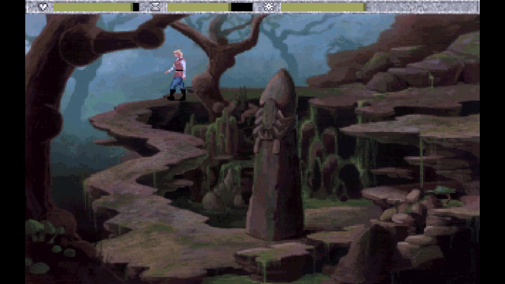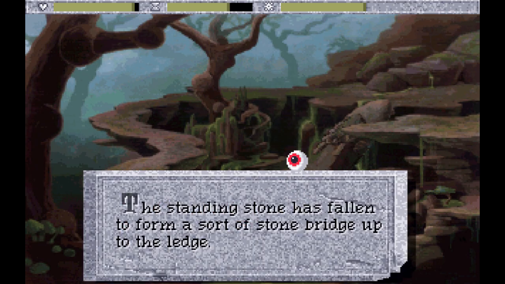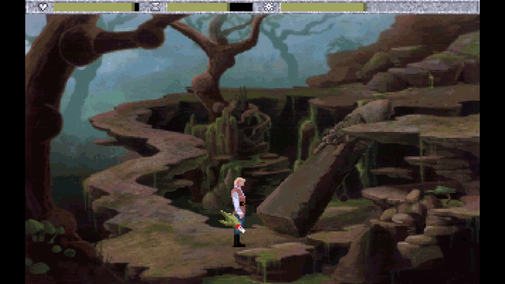Up, and there we go. Auto walking. Doing good so far, and then we slide all the way down. If we want to get back up there, all we have to do is knock that over. The standing stone has fallen to form a sort of stone bridge up to the ledge. Yes. That...